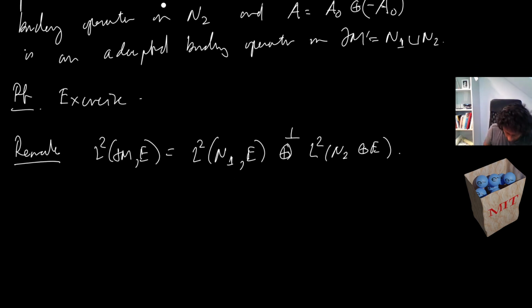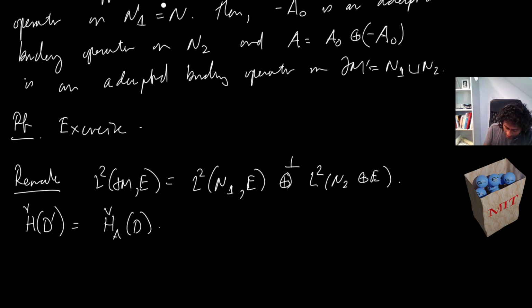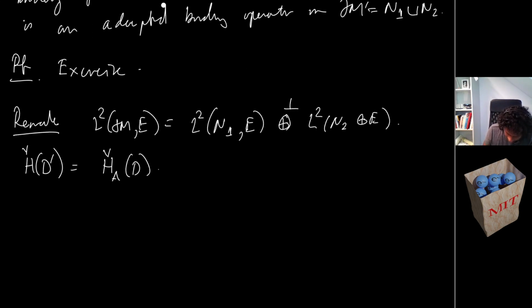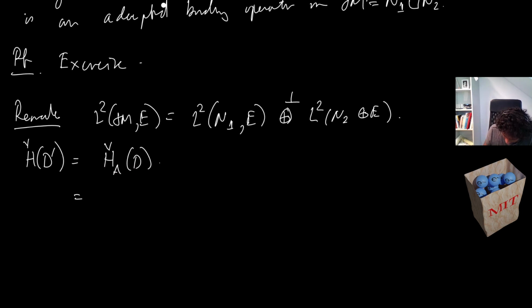Okay, and by what we've said, so H check now of this D prime is going to be what? This is going to be, we can describe this as the H check A of the D. So if we apply this now via this lemma, what we get is precisely on the N1 part, right? So we get chi plus A naught H a half, chi minus A naught H a half,